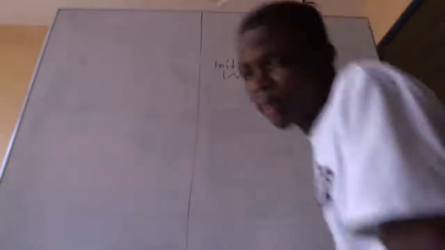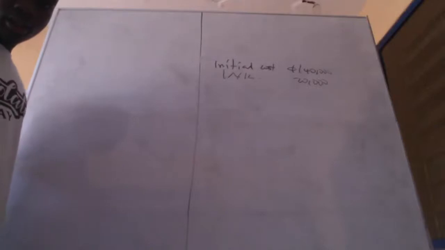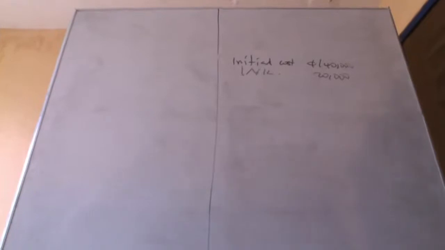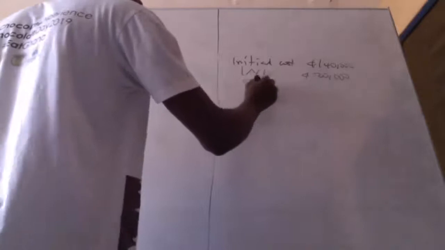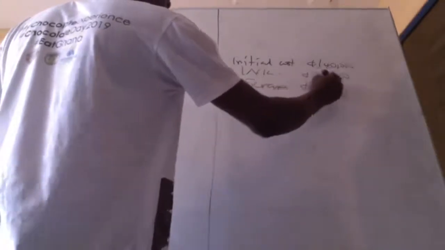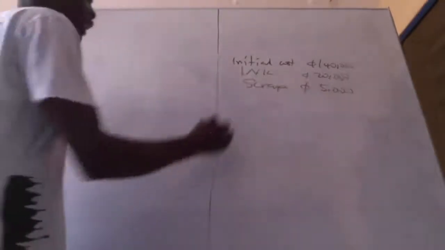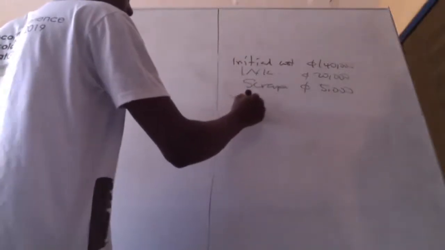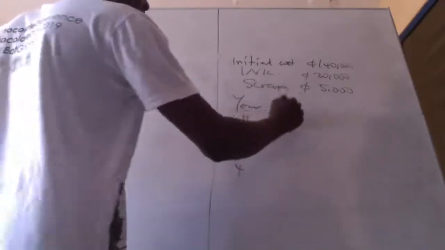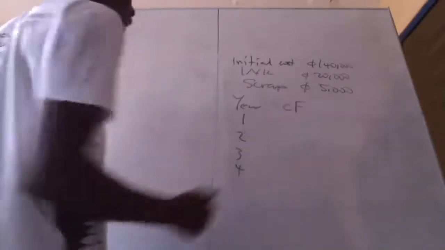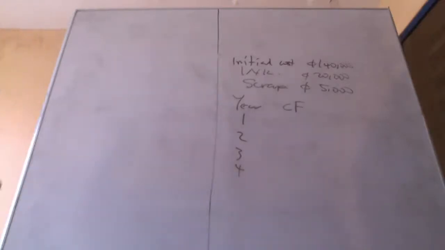Look at the question. Everybody can see the board? Should I adjust it? Okay, so working capital is 20,000. Scrap value of the asset is 5,000. Good. And these are the cash flows for years 1, 2, 3, and 4. Cash flows are as follows. Year 1 is